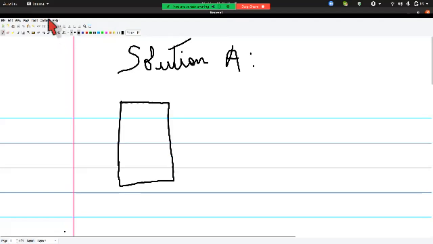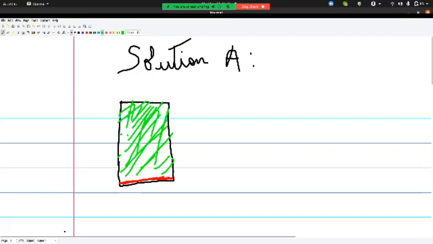We've got copper sulfate at 3%, and the rest is the solvent. Okay, let's say it's this. So that's 3%. And now I want to know